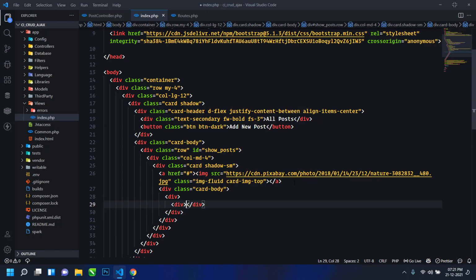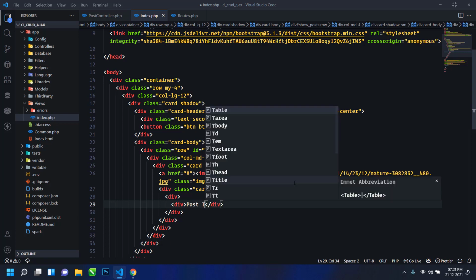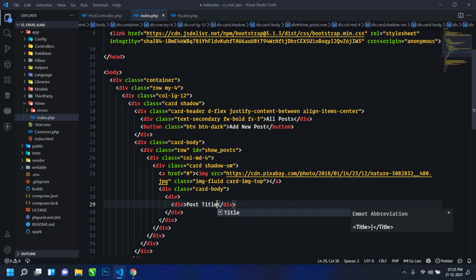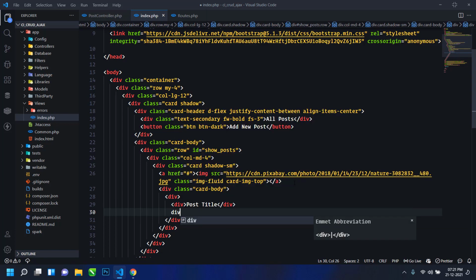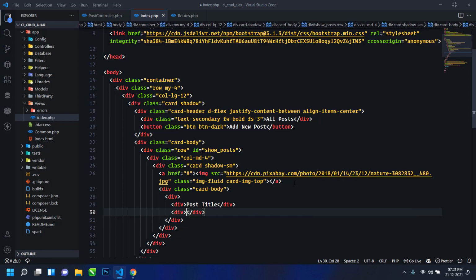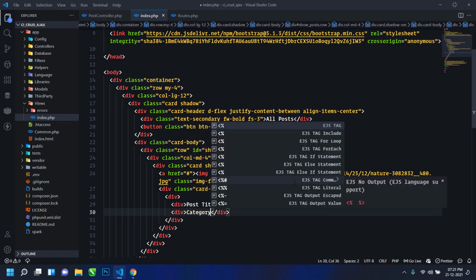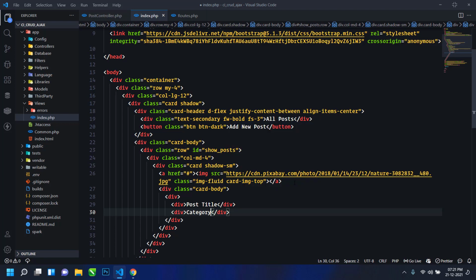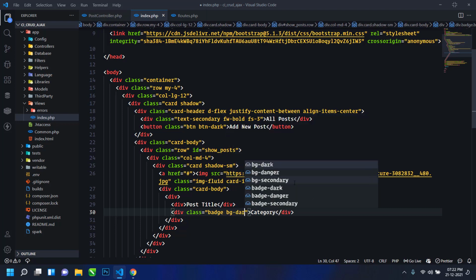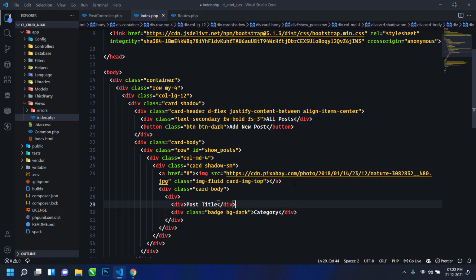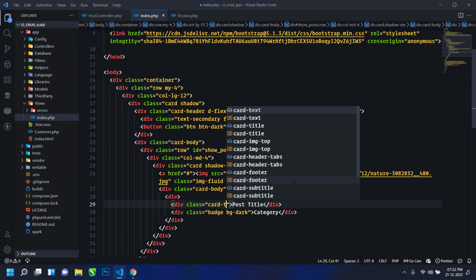Inside this div I will create another div and write post title, and in another div I will display the category, with class badge and bg dark. And in the post title I will use class card title.